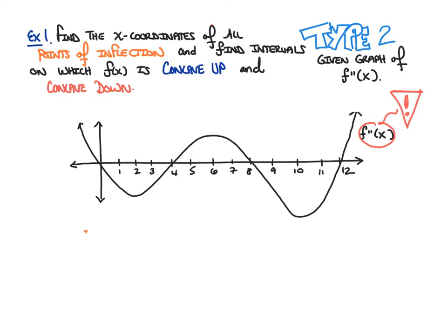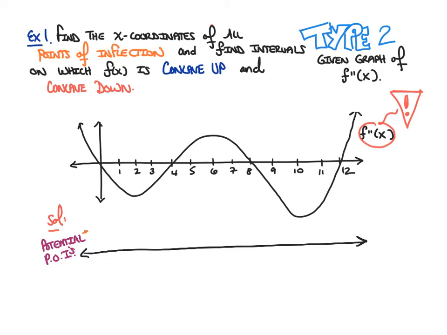So the first thing we need to do, here's our solution. The first thing we need to do is draw a number line. So this is going to be step 1. I'm going to draw a number line just under this graph. And on the number line, I am going to label all of my potential points of inflection. And as I stated 2 slides ago, your potential POIs occur when your second derivative is 0 or when the second derivative